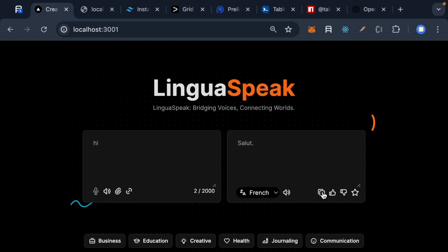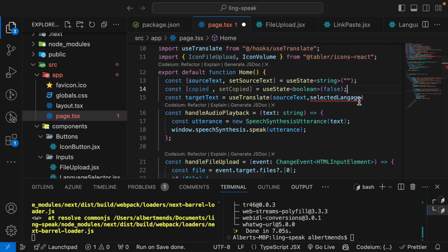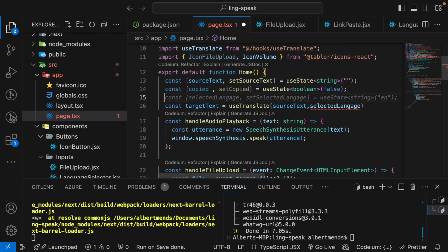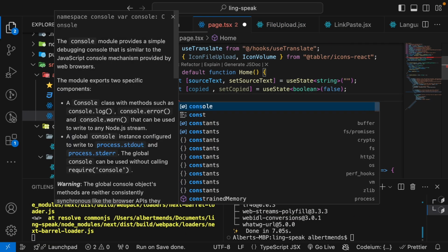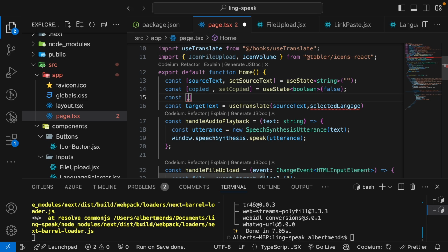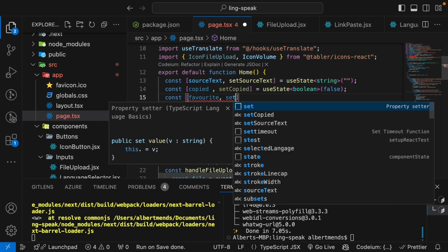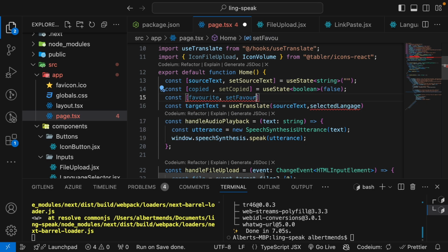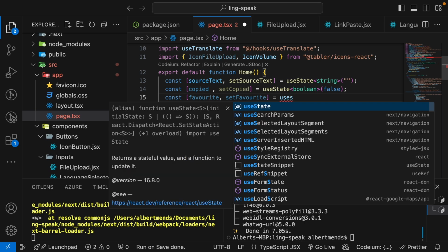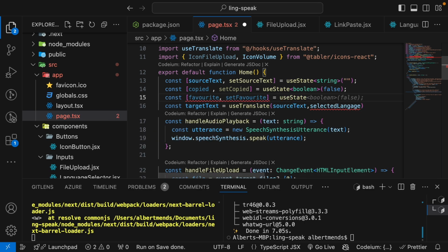So when we click on this, we have the copied. Yeah, so this state, and we have the const for favorite, set favorite equals use state. We have the boolean as well,